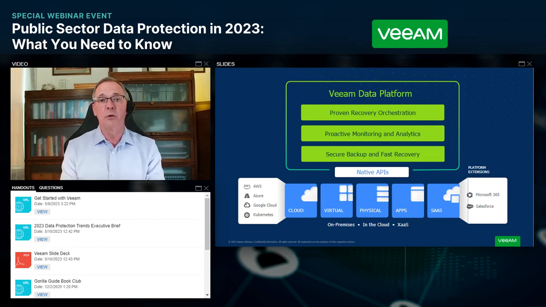But if you take a look at what the platform focuses on now, you'll notice that it is not just, for example, VMware, which we've been the leader in backing up for the last 15 years, but it also includes all of the leading native on-prem hypervisors, as well as things like software as a service, so things like Microsoft 365, which is very relevant for data protection, disaster recovery conversations, and solutions like Salesforce, which is becoming increasingly important